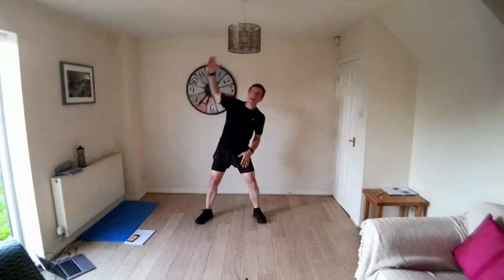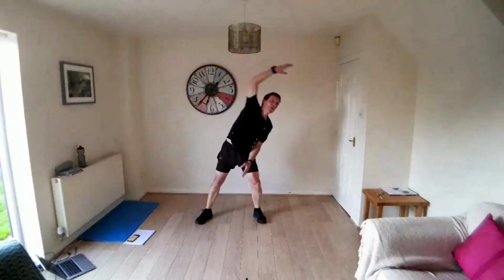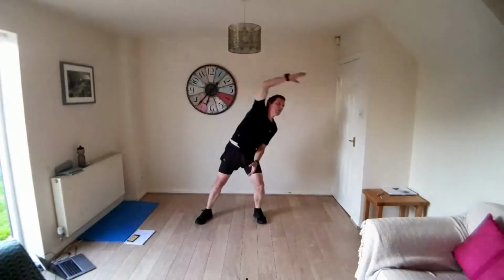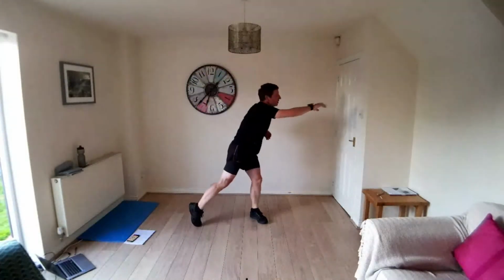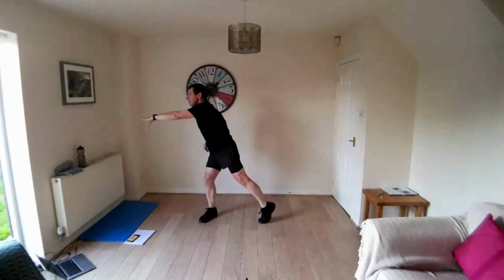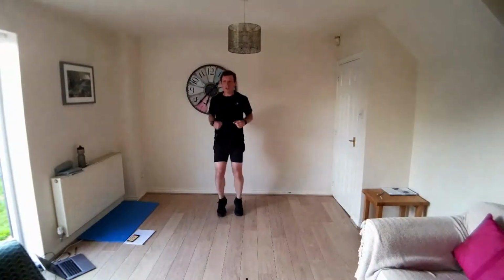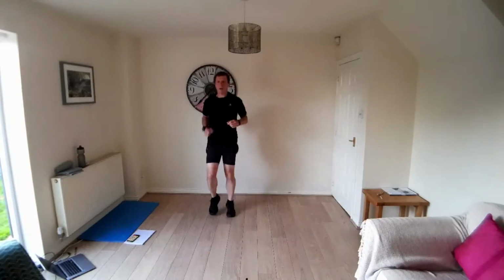And now take it overhead, reaching over. And take it back into reaching side to side. And bring it forwards, just jogging on the spot, raising the heart rate,